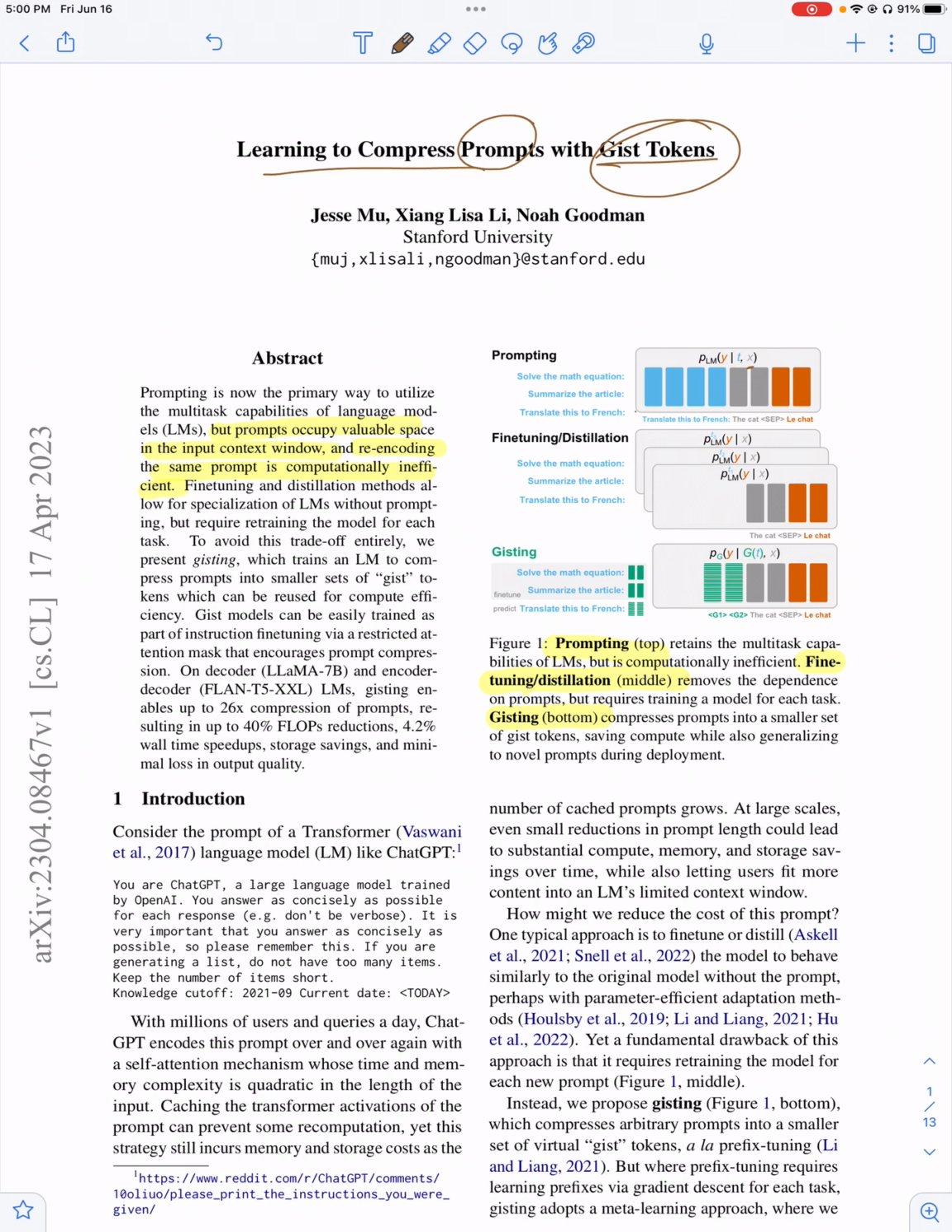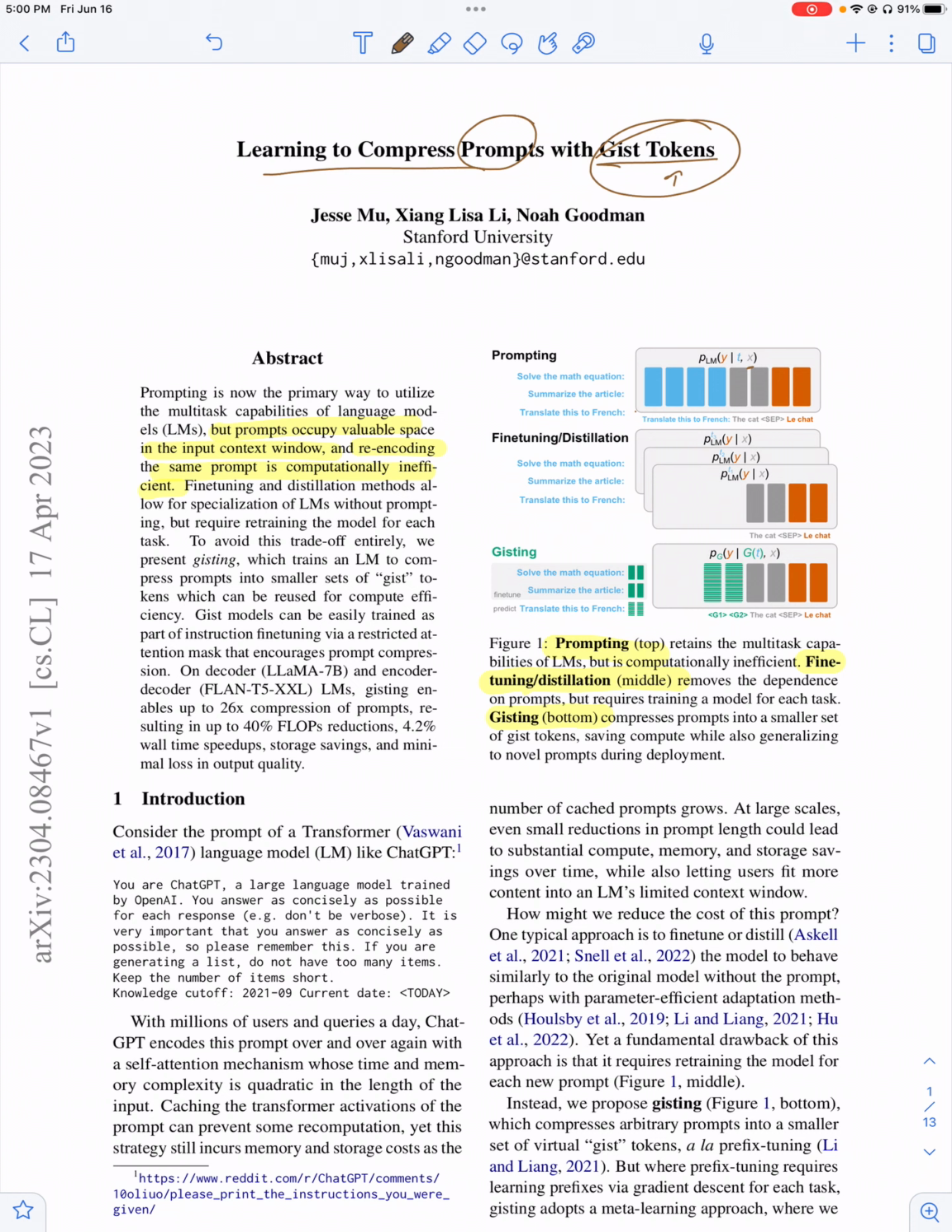So usually your prompts are in the context window, and if you have long prompts, they take up a lot of space in the context window. And since attention is quadratic in the sequence length, if you have longer sequences, you're basically going to increase your inference time. So in order to avoid that, they propose using these GIST tokens to reduce the number of tokens